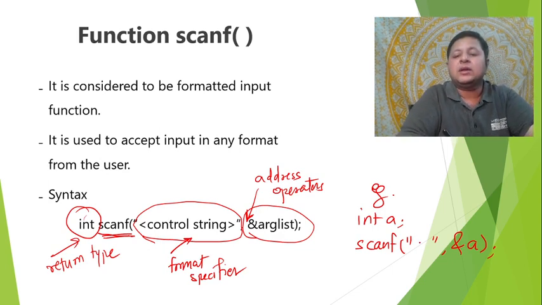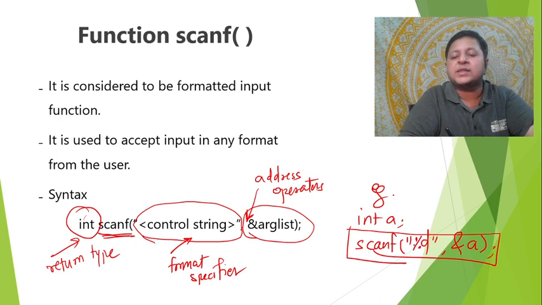Now here the format specifier is always written with the % sign. Currently, just for learning purposes, I'll tell you that for the format specifier of int, we use %d. Now why is it %d? It is actually not correct to say for int we use %d. All these things will be revealed maybe soon, in a couple of minutes. So this is how a simple scanf will look like.